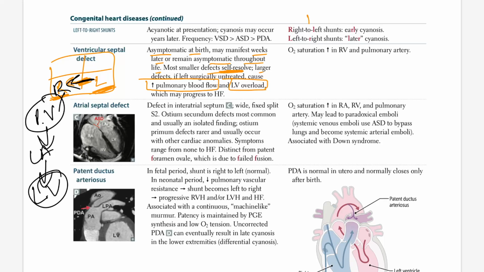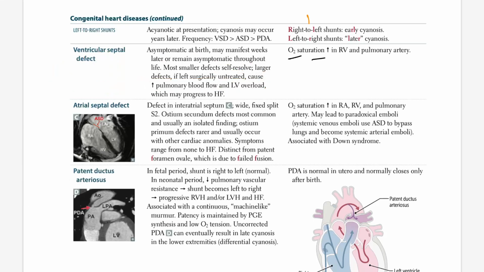So what you ended up having? Left ventricular overload, right? Because you have increased the fluid that circulates and gets back to the left ventricle. So increase in pulmonary blood flow, increase in left ventricular outflow overload, which can progress to heart failure. I mean, you keep doing it every time. What's gonna happen is the heart gonna say, "Hey, come on, you aren't paying me enough, so I'm just gonna say bye-bye." It's gonna go to failure,